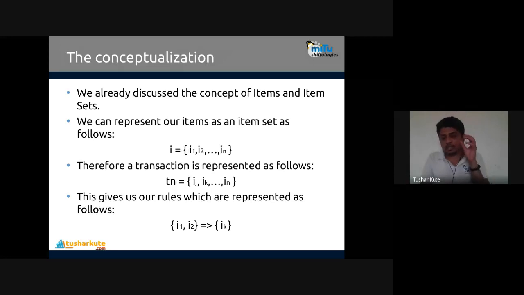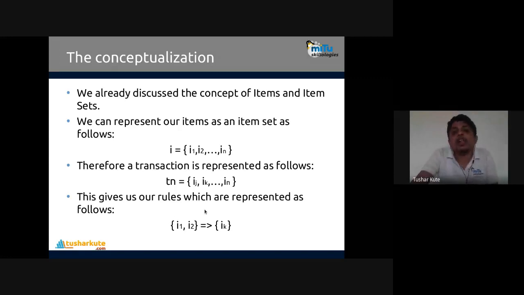In a transaction done by the customers, they may be having a random number of items in it. Random number means first of all I'll have 3, second customer 4, third customer 1, fourth customer 6, next customer 15 items. So every customer will be having some random number of items present in the respective transactions there. Okay, and now what is the rule? Check out the rule mentioned over here.